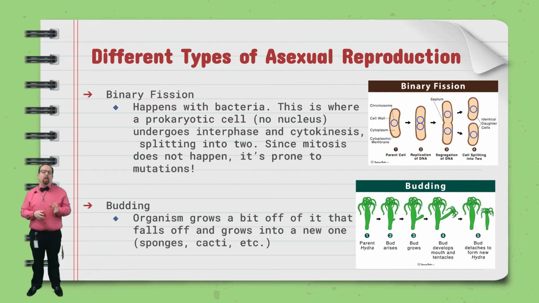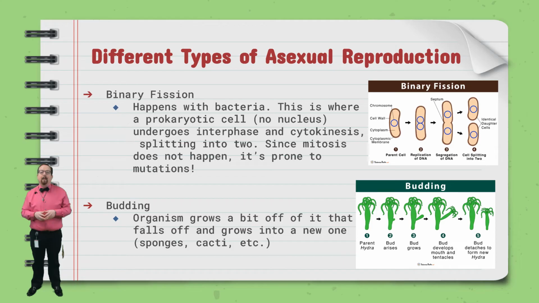Binary fission is the only weird one that doesn't use mitosis. Why doesn't it use mitosis? Well, because binary fission is what we call cellular division for cells that don't have a nucleus. These prokaryotic cells can't undergo mitosis, or meiosis for that matter, because you can't go through the step of nuclear division if you don't have a nucleus. They basically go through interphase and cytokinesis without all the fancy steps of mitosis that helps DNA get split apart perfectly. Because of this, bacteria and other cells that undergo binary fission are very prone to genetic mutations when they